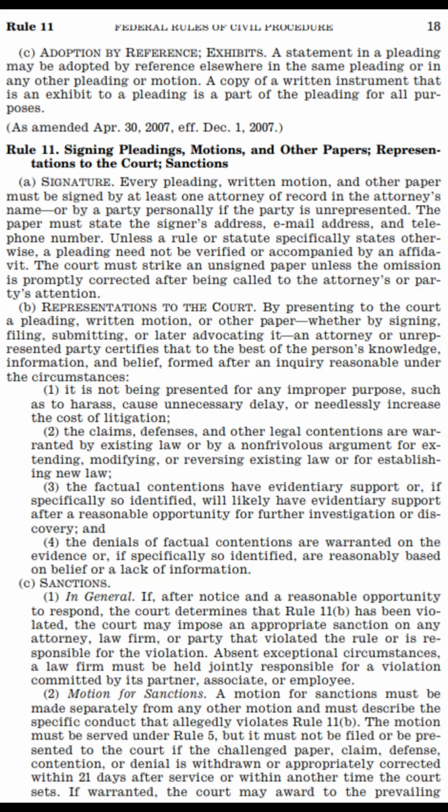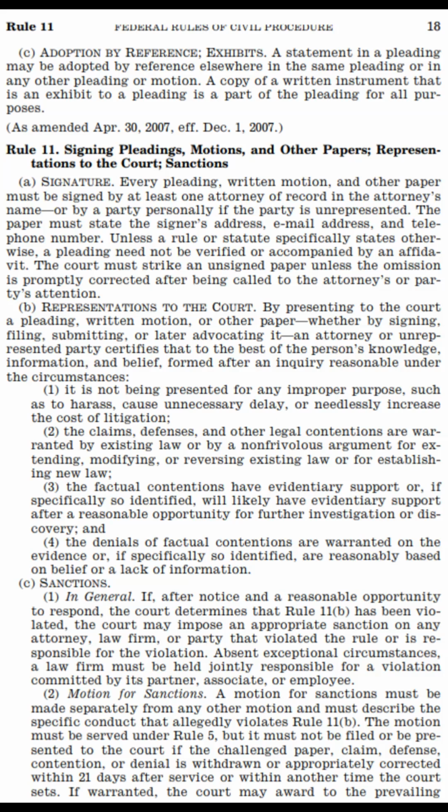B. Representations to the court. By presenting to the court a pleading, written motion, or other paper, whether by signing, filing, submitting, or later advocating it, an attorney or unrepresented party certifies that to the best of the person's knowledge, information, and belief, formed after an inquiry reasonable under the circumstances,